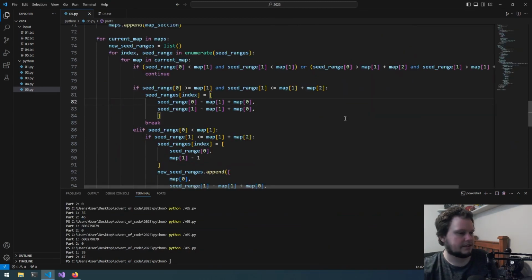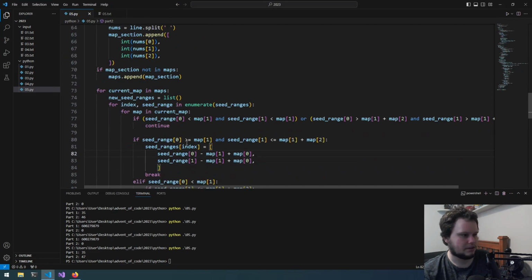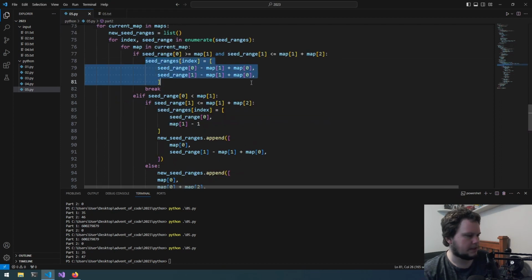Okay, I'm not really sure what the problem is, so I'm just going to go through this and change everything. So we have if seed 0 greater or equal to map 1. That logic is correct. And what we're doing is updating the seed in place, and then we're breaking out. That does make sense, as we're no longer going over this map, so then we don't need to create